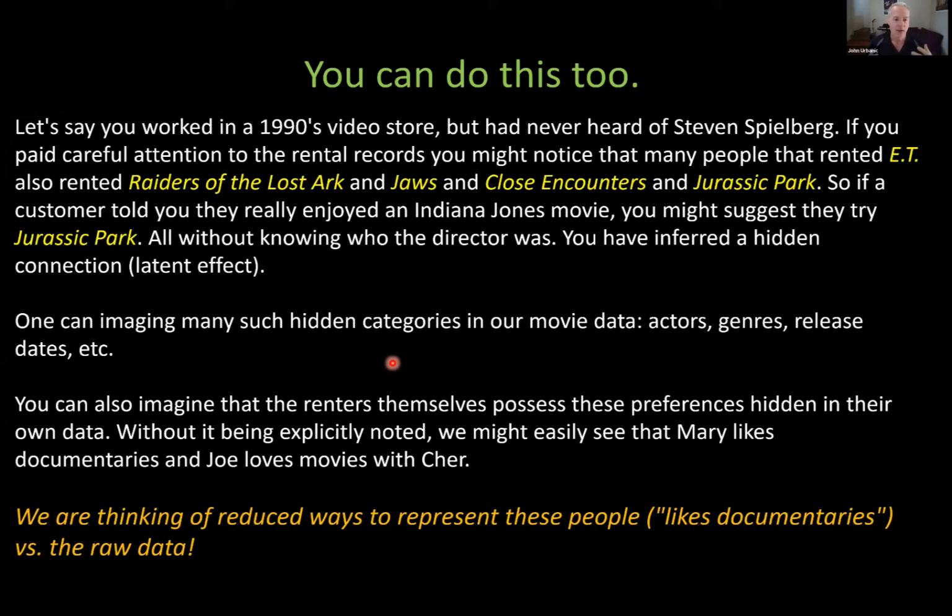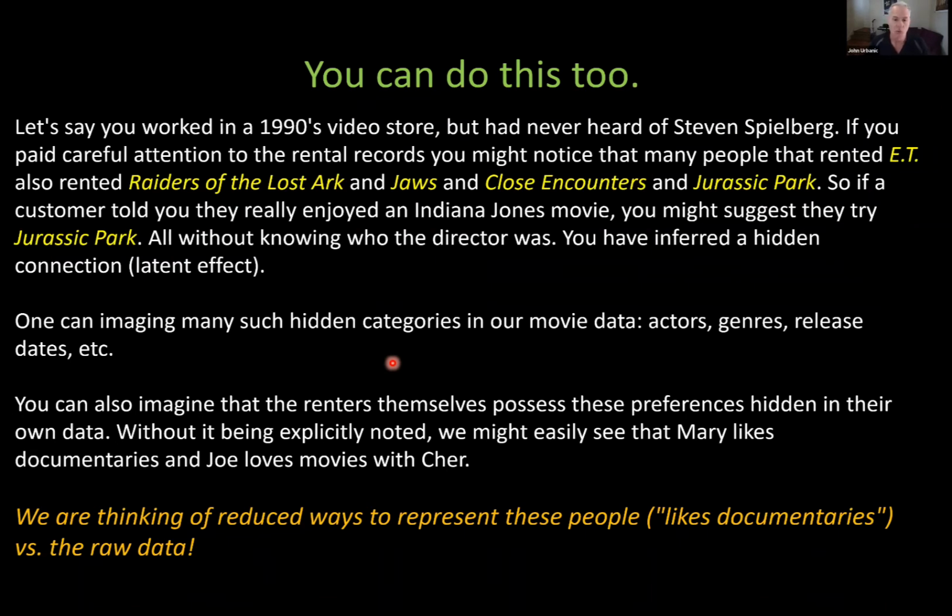You're thinking of ways to do that, and we do that all the time. If we have friends that like movies, somebody says, what kind of movies does your friend like? You might say, oh, she really likes documentaries. You're thinking of a way to represent what she likes in a more compressed fashion. If I say, what kind of movies does she like? You don't have to go and tell me every movie you can think of that she's ever seen. Instead, you sum it up. She likes documentaries. Oh, and she also likes French movies with subtitles. And you can sum people up by compressing their representation down.